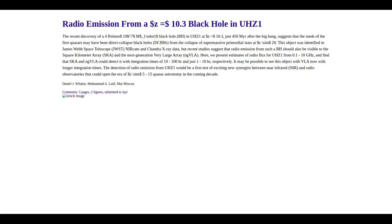Next article. Radio emission from a z=10.3 black hole in UHZ-1. The recent discovery of a 4×10^7 solar mass black hole in UHZ-1 at z equal to 10.3, just 450 Myr after the Big Bang, suggests that the seeds of the first quasars may have been direct collapse black holes from the collapse of supermassive primordial stars at z~20. This object was identified in James Webb Space Telescope NIRCam and Chandra X-ray data,